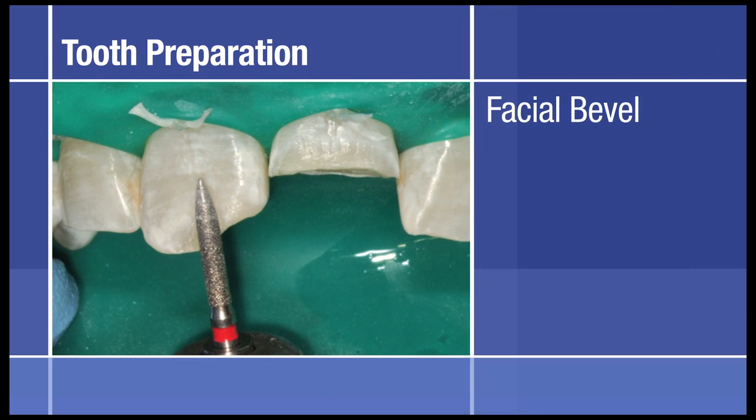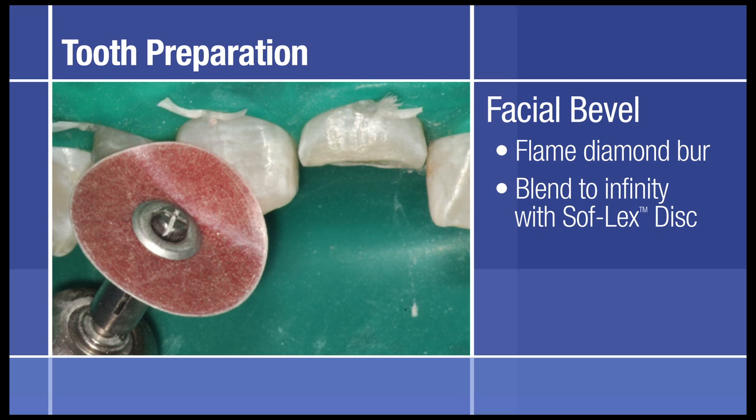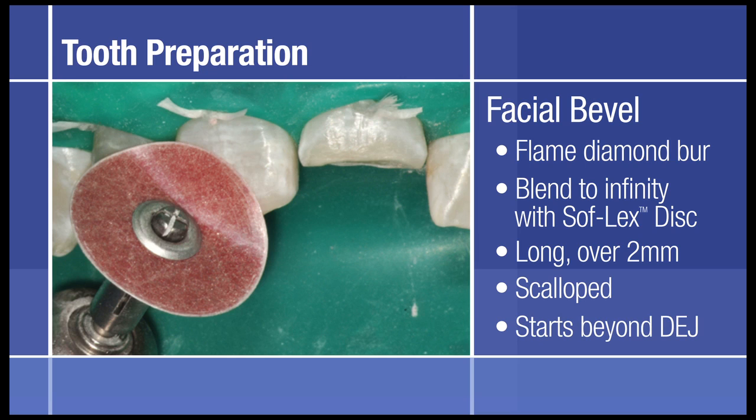The facial bevel is done first with a flame diamond bur, and then it is blended to infinity with a Soflex disc. The facial aesthetic bevel is a long bevel. We're talking here more than 2 millimeters. It should be scalloped, so no straight line, and it starts indented, so it starts beyond the DEJ,